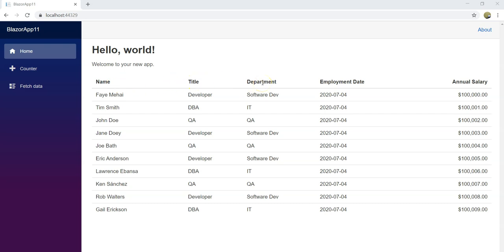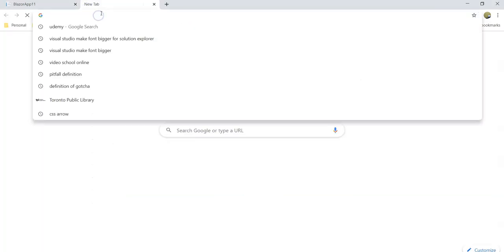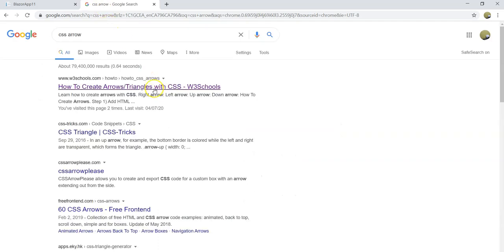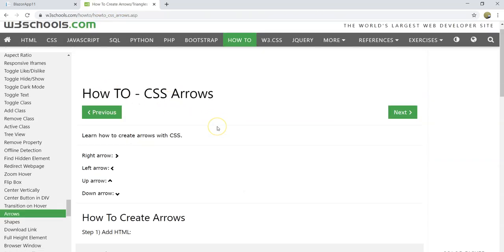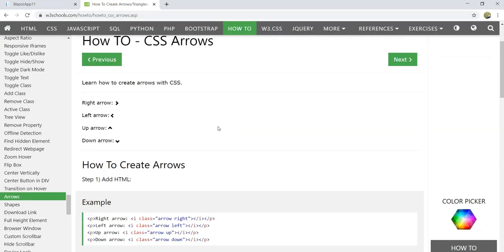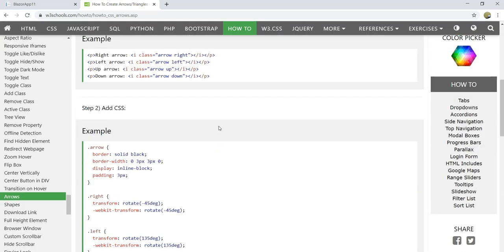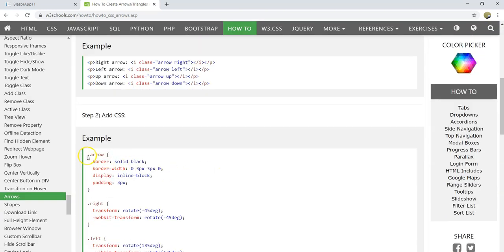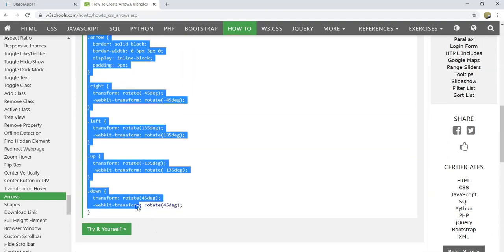First thing I want to do is to find the arrows to indicate a sorting functionality. On DevExtreme or DevExpress, the sorting functionality supports both single column and multiple column sorting. I only want to implement single column sorting. First I want to find the arrows, so it's going to be CSS arrow. Usually I'm pretty happy with the W3 Schools CSS, and I like this up and down arrow. So I'm going to use these